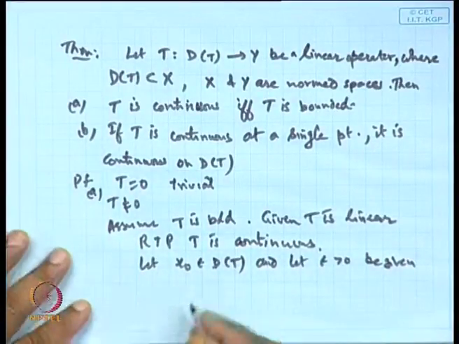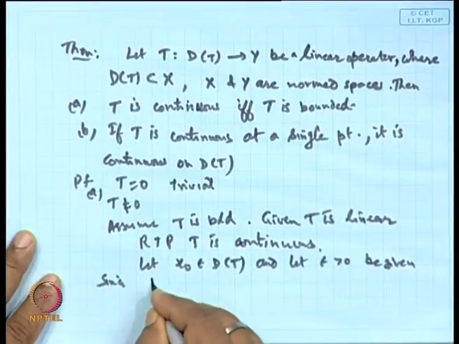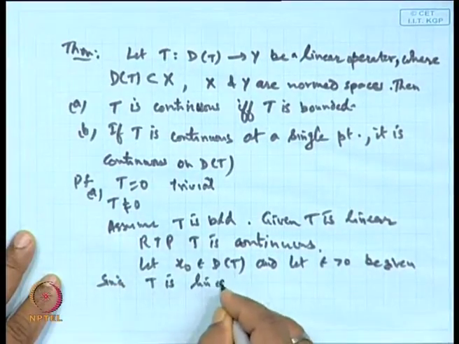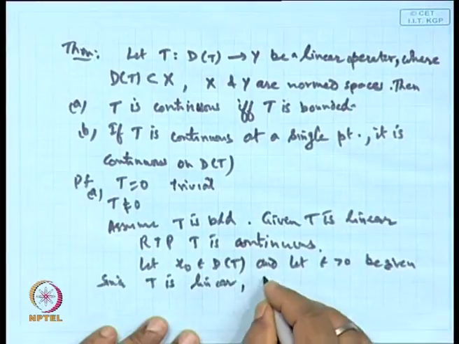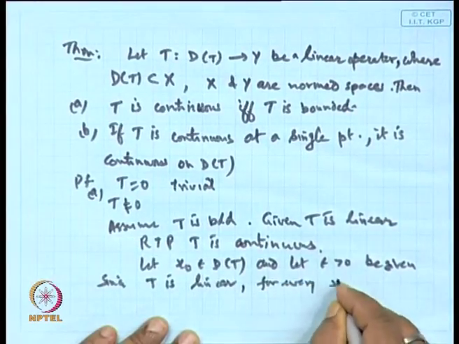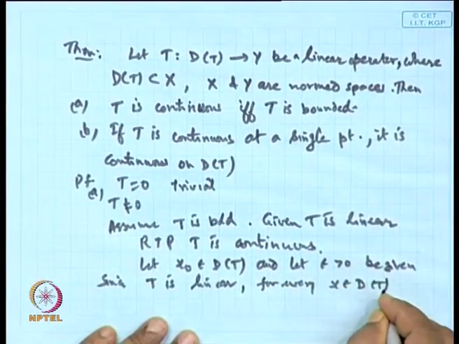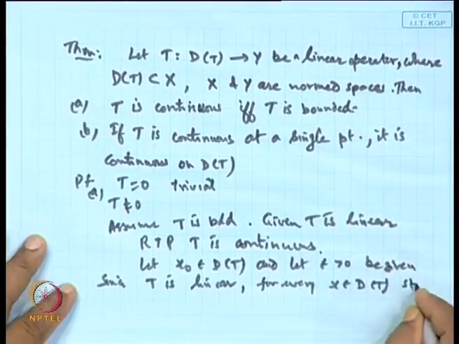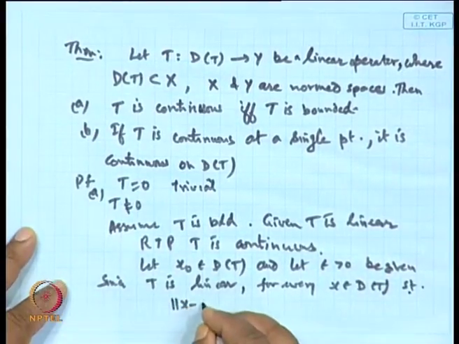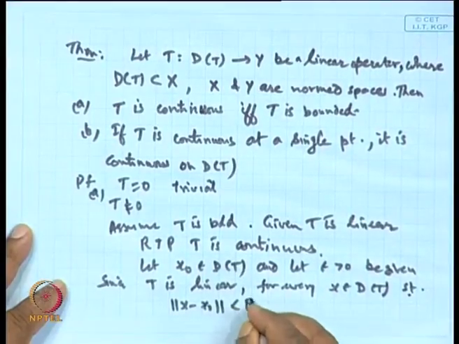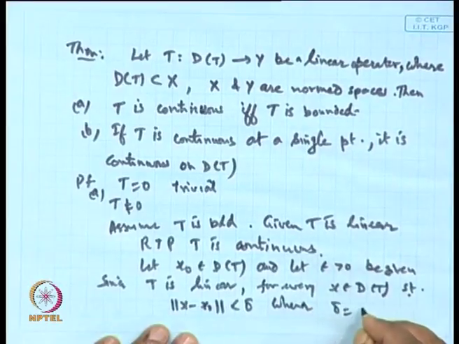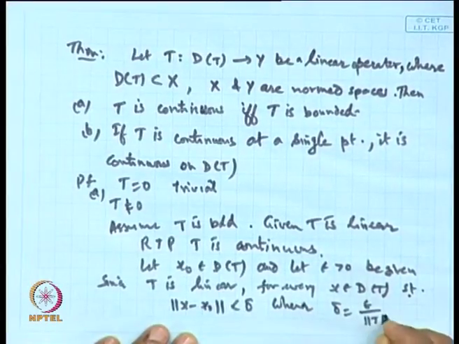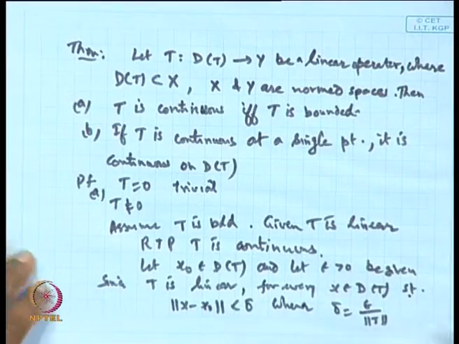So, since T is linear, for every x belonging to the domain D(T) such that norm of x minus x naught is less than delta, where delta I am choosing to be epsilon over norm T,